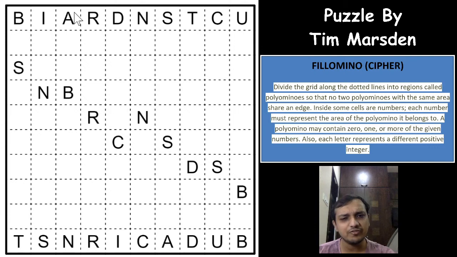It is really difficult to solve a cipher Fillomino, because we don't even know what number it is. For example, if we had a 3 here, we could have extended this C as 3 cells up, or 3 cells over here or here, but we are not even sure what a C is. A C can be 1, 2, 3, 4, anything, we are not sure about it.